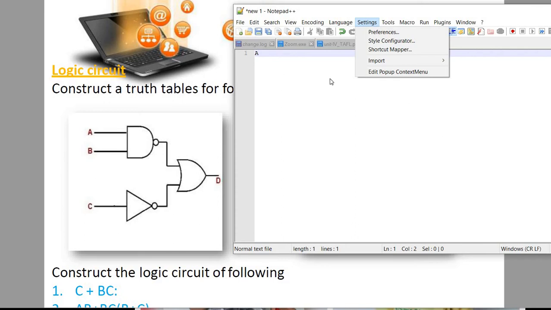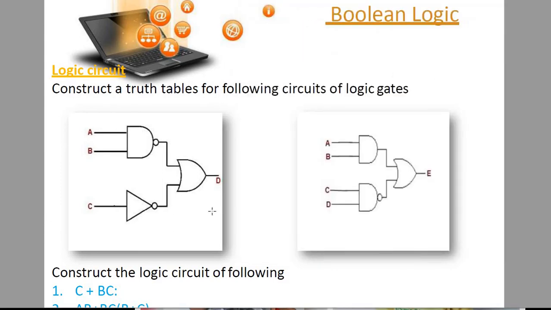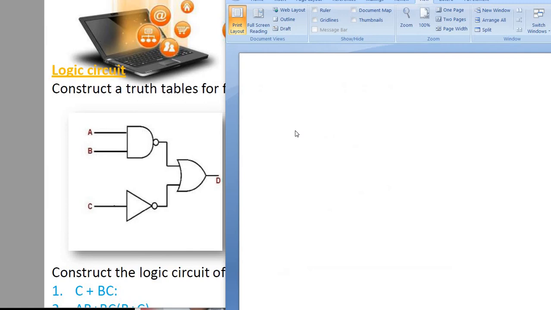How do you design a table for this logic circuit? Here you find that one is a NAND gate, one is an OR gate, and another one is NOT plus NOT. So for this, how do you draw a truth table? You will insert one table.